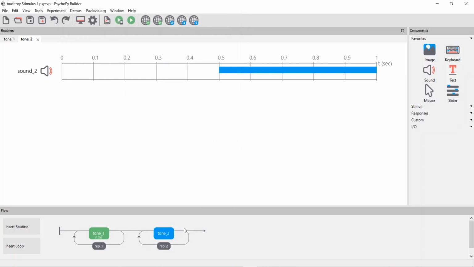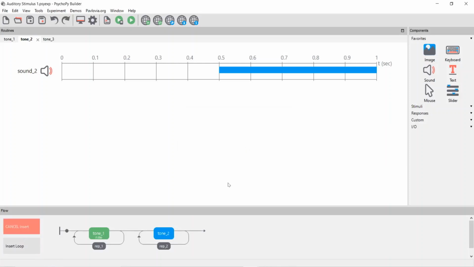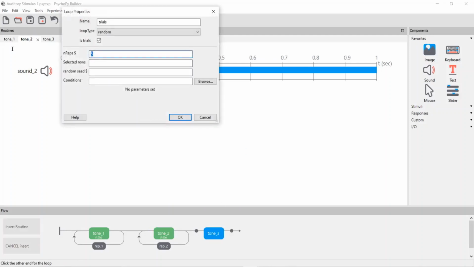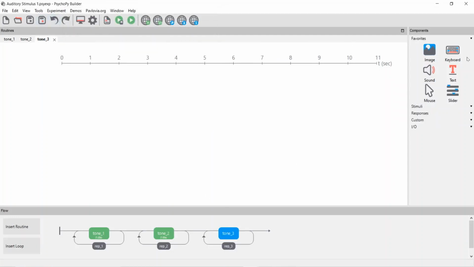So this is another repetition. Similarly, we can go ahead and decrease the intensity. Let me quickly do that. In this case we will set the amplitude as 0.6. Last time we kept it as 0.8. So here I will put it as repetition 3. What is my tone 3? Then tone 3 is a sound.